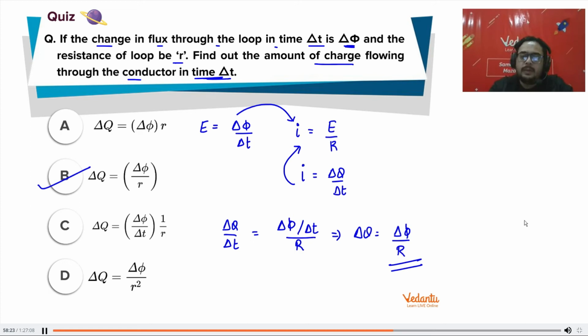हाँ बेटा, I is V by R भी कह सकते हैं. V and E are both EMF only. So because you are joining in between the session, that is why you are finding it difficult. If you study from the beginning, you will be able to understand each and everything. Because everything here we have covered. So it is looking confusing only because you are starting from here. बीच से शुरू करेंगे तो कोई भी चीज मुश्किल लगेगी.